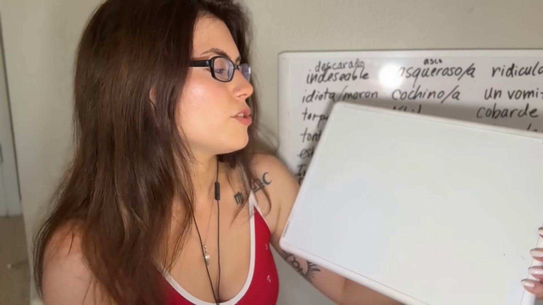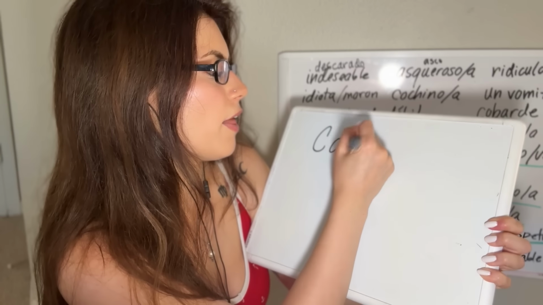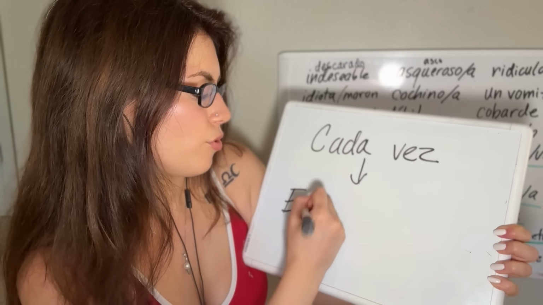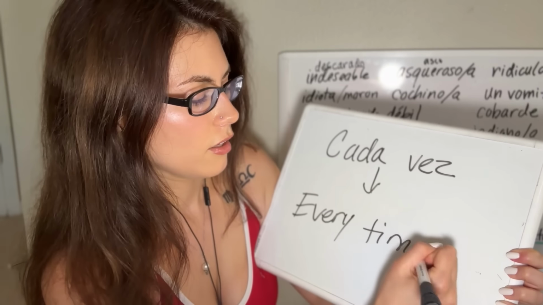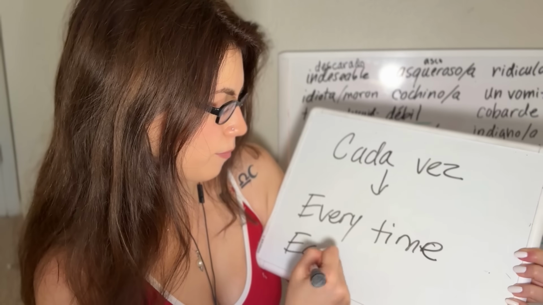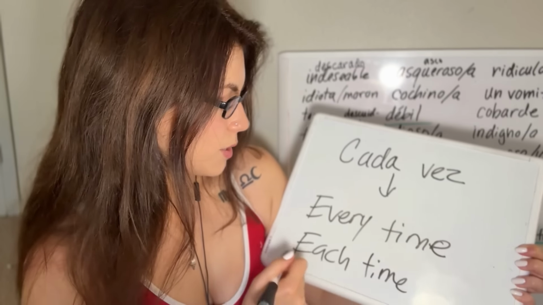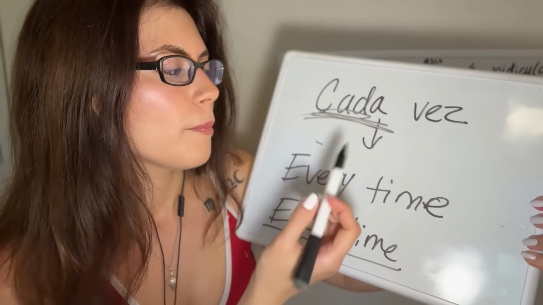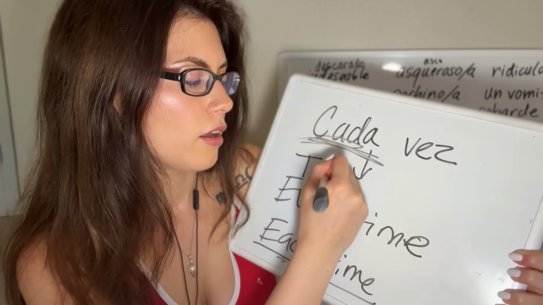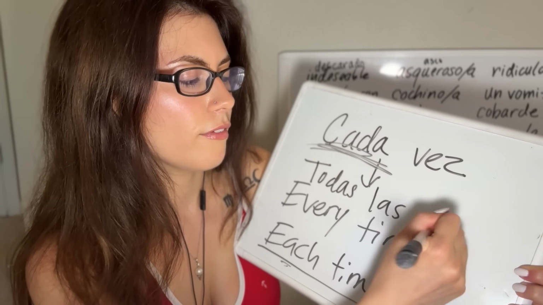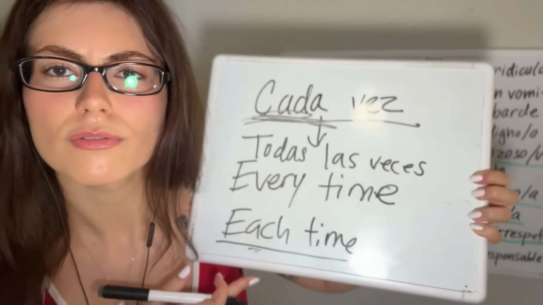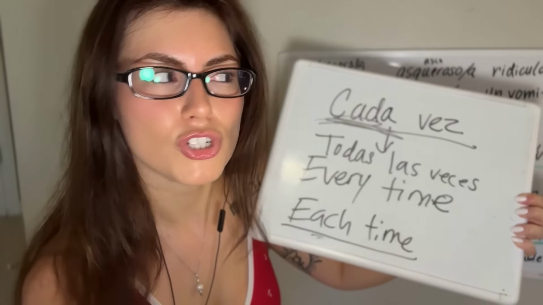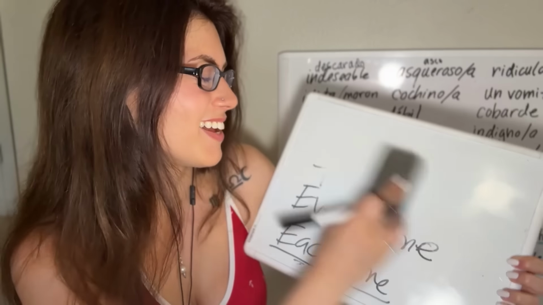And let's break down a term in that sentence. Cada vez is a direct translation for each time. Because every time would be more like todas las veces, but this is more used for each time. Each time I turn on the radio, that woman is saying a bunch of dumb stuff. It doesn't make any sense.